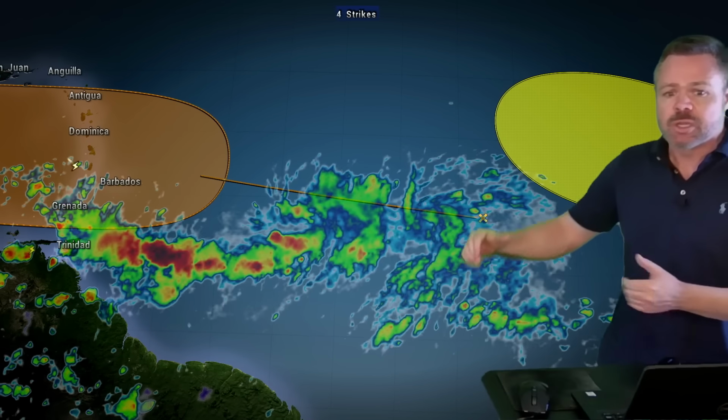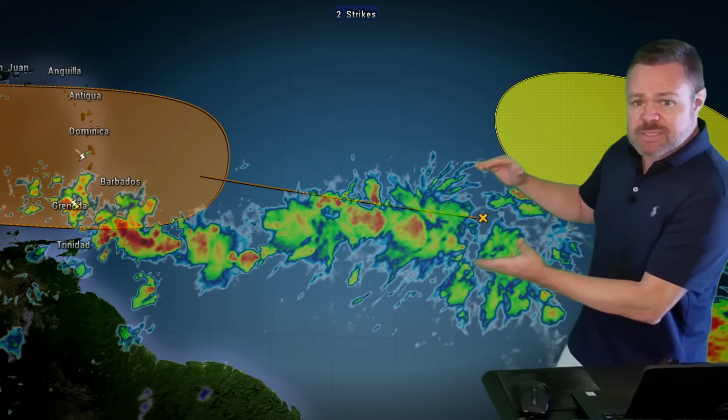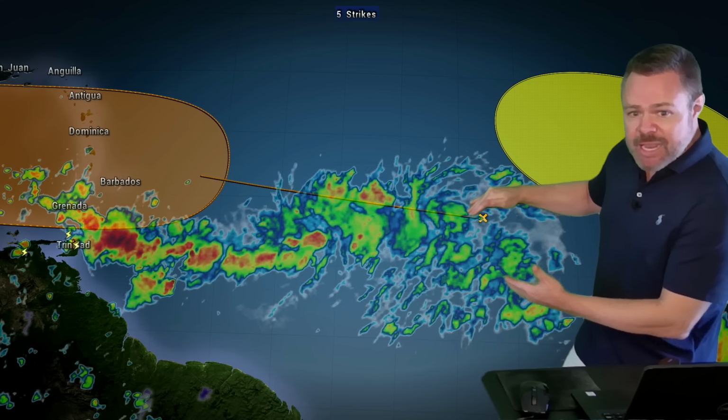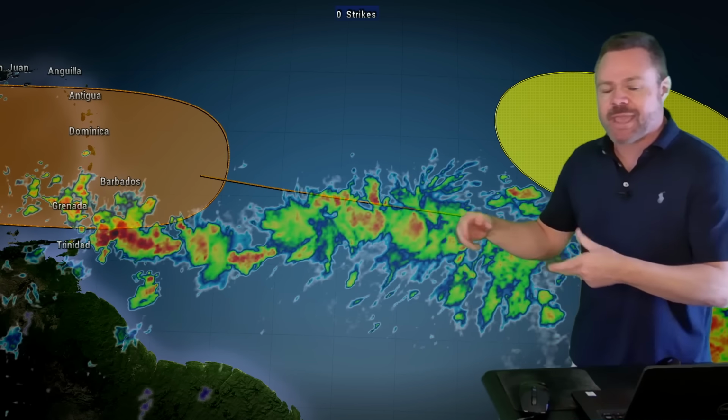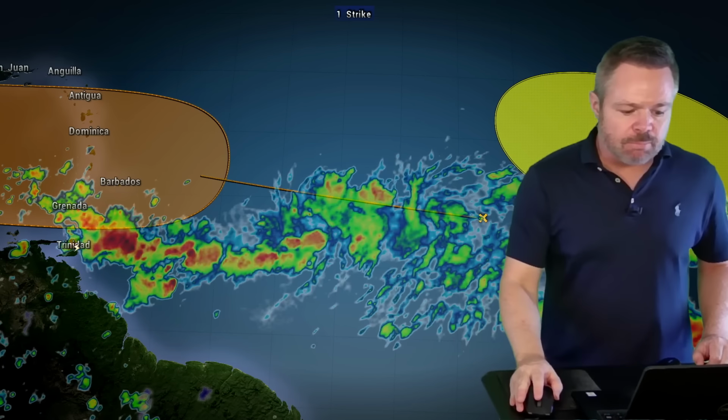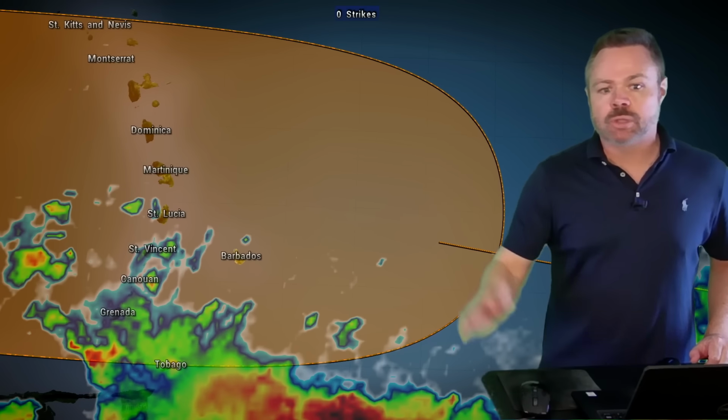the Lesser Antilles. So the Hurricane Center does not believe that this is going to become a tropical depression anywhere between this X and the start of the orange polygon. That's a few more days. It could easily be into Monday, much closer to the Lesser Antilles, that we can have the first signs of